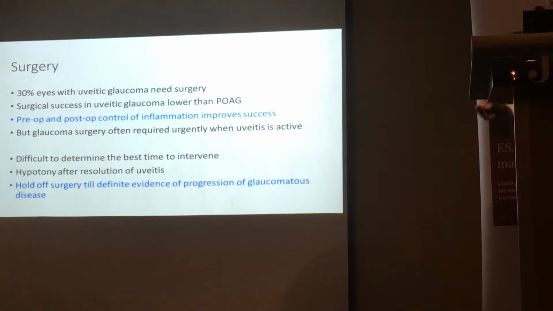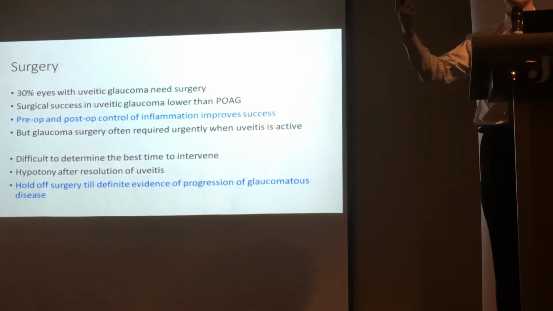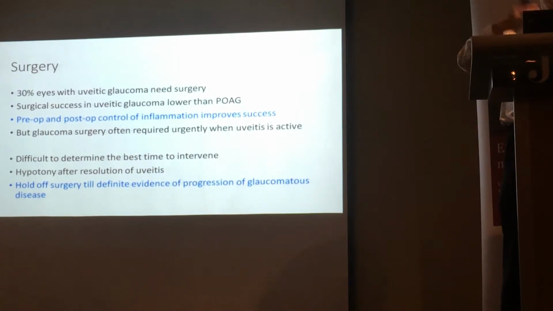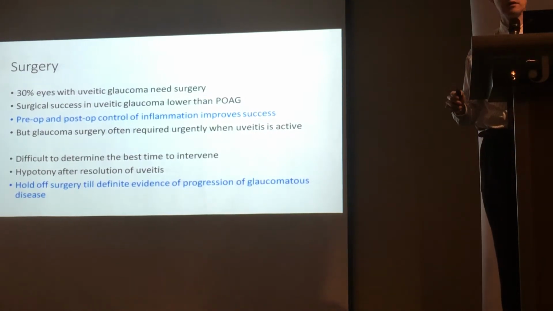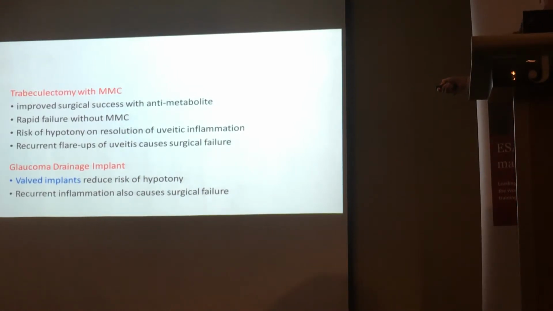because you might do the surgery when the eye is actively inflamed, and then when the inflammation is reduced, the eye goes into hypotony because there is less aqueous obstruction, and now you have this big sclerostomy which is letting all the aqueous out of the eye. You could end up with hypotony, which is really troublesome. So we could do a trabeculectomy with mitomycin C. I would not advise